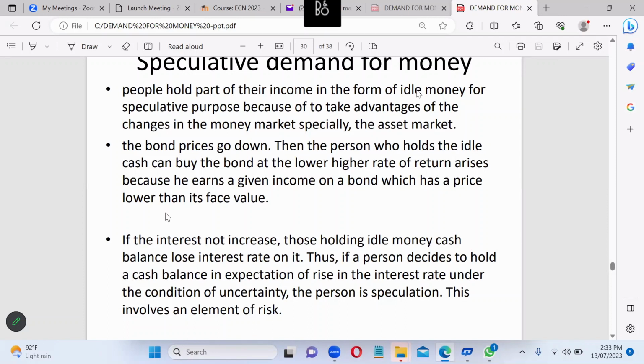Before, we saw the transactions demand, which has a positive relationship with income. Here we do not use the income. Mainly we use the interest rate in the future. If the interest rate does not increase, those holding idle cash balances lose only the interest. Thus, if a person decides to hold cash balance